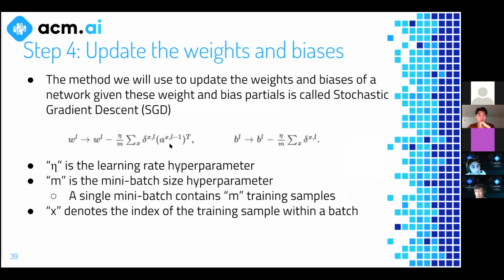You update the weights and biases. Let's say you do everything that we just said throughout this whole workshop. You feed forward, you use all those equations, you get your output, you get your cost, you use the formula to find the output error, you use the next formula to find all the other errors, then you use the other formulas to find all the weight and bias partials. You do all of that stuff, right? And then you update the weights and biases. Now, your question is, am I done? Is my network trained? The answer is no, which might sound scary, right? Because you're like, wait, I just did all that work. But the answer is just that you have to do this process many, many times, right?